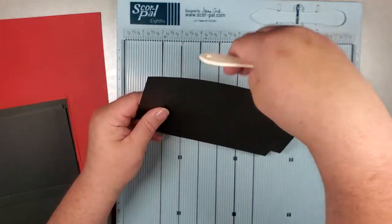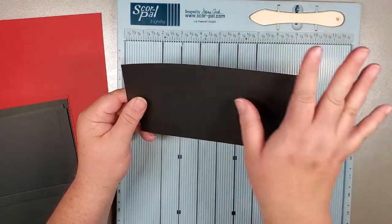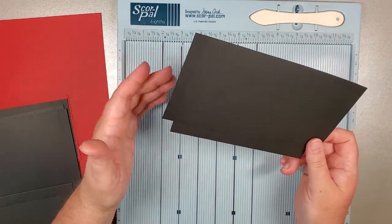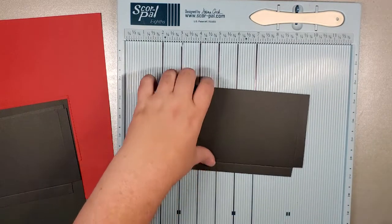The top, obviously, that's where the flip book is going to be going, so we leave that alone. We don't have any score marks on that side. And then the very last thing, and I realize that I did this to all of mine, so I don't even have a sample, but when you have,